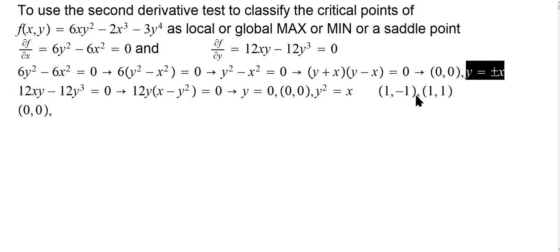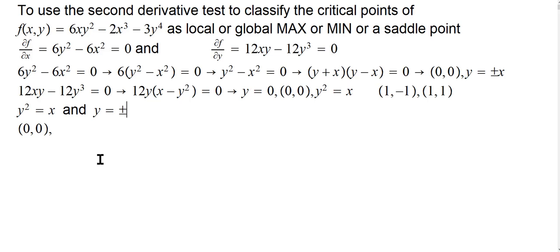So we had to, because y squared equals x is going to be satisfied by many points, but y squared equals x is not necessarily going to make this 0. So what we did was, let me again specify here how we got those points. We needed y squared equals x and y equals plus or minus x, right? So if you substitute this value in here, what you will get is x squared equals